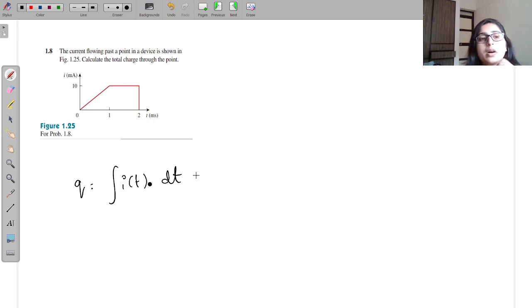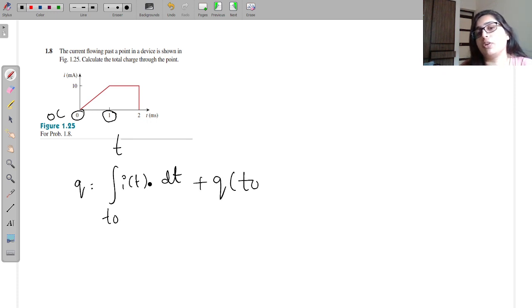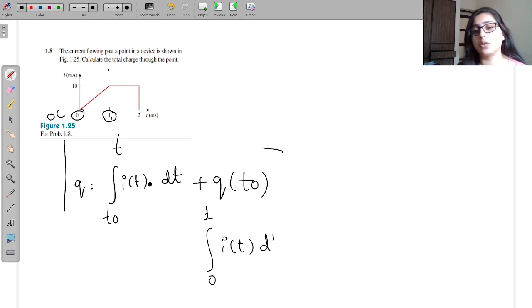One thing you must remember, from 1 to t, if I want to integrate this, I should know the charge which is present at 1 second. Okay, that is the initial charge. Initial charge here, it will be 0 coulomb. Okay, so for this particular thing, what we are going to do is, we are going to take the definite integral from t naught to t, and here I am going to substitute q of t naught. Okay, so this is how we are going to find the value of the charge. So now first it is q of 0, it will be 0. So I am going to find it only from 0 to 1. So 0 to 1, i of t dt plus 0.